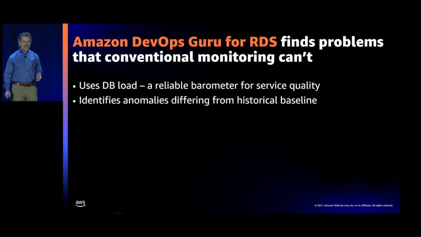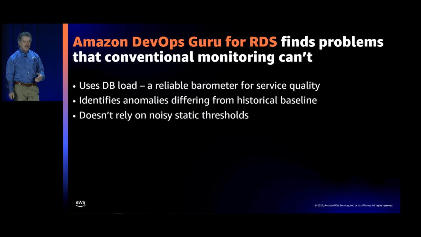Our anomaly detection uses the database's metrics history to go back in time and establish a baseline workload pattern. Then it zeroes in on significant deviations from that pattern. This provides a much more accurate and relevant set of findings than conventional static monitoring thresholds do. Those can be noisy. They can overload operators with alerts and alarms for things that really aren't problems.